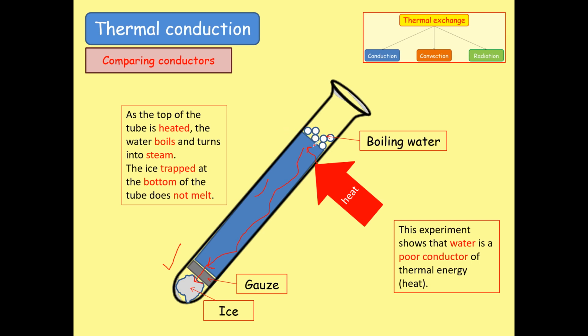Because initially it will take a lot of time for this thermal energy to get to the bottom. Why? Because most of the energy will be converted into vapors, these high energy particles. As we know, liquids evaporate as well as they boil, and if we're giving a lot of heat, then the water on the top will start boiling. It will take the energy from this liquid out, ensuring that lesser energy is being transferred down. So it will take a lot of time for this ice to receive the energy coming from here and then